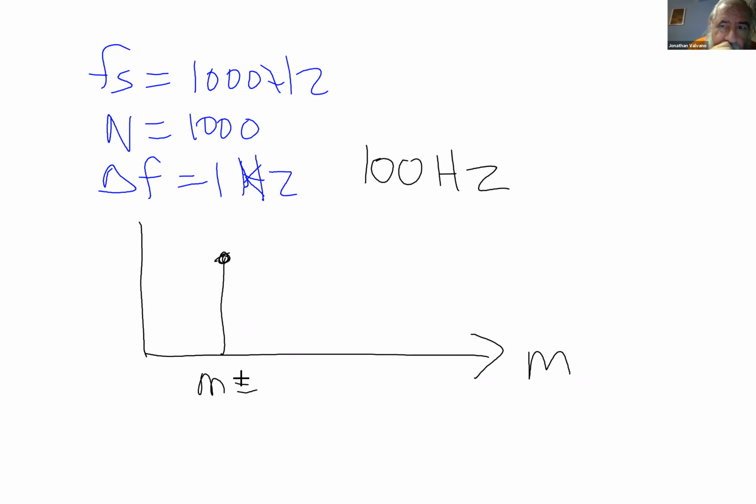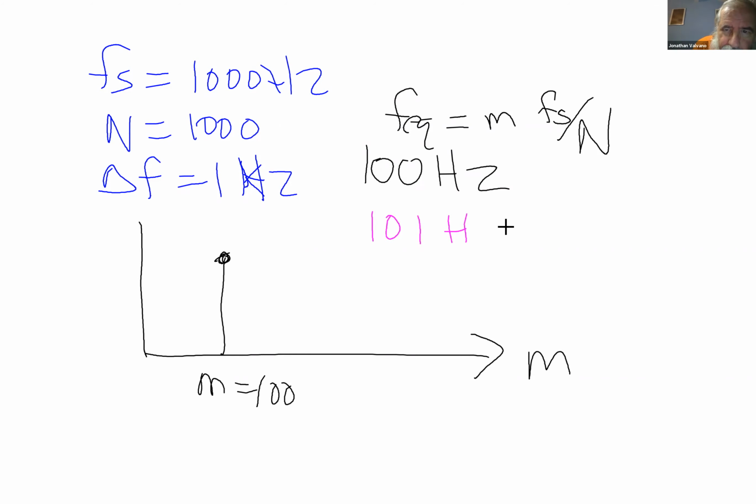50. Okay. The equivalent F is M Fs over N. So this is 100. If I put in 101, I'm going to get the next one, right? So it's going to jump to the next bin. If I put in 105 hertz,